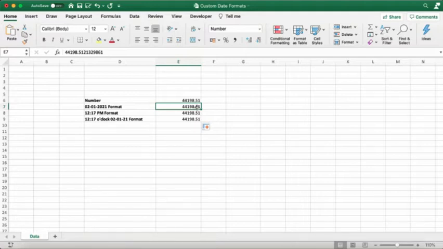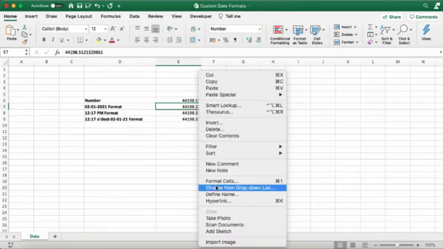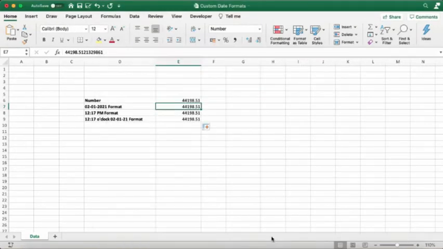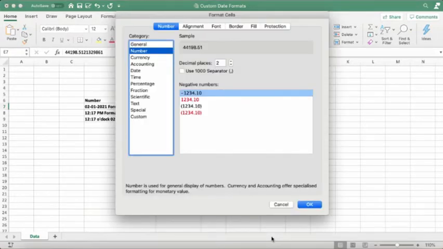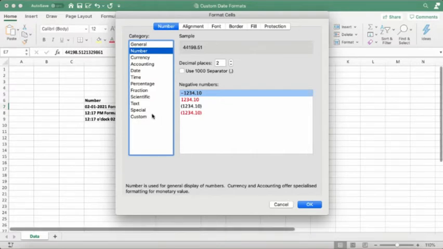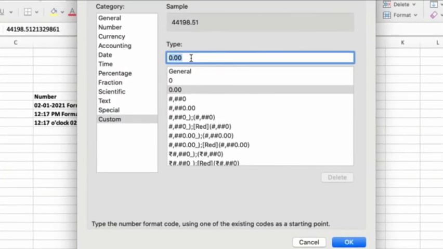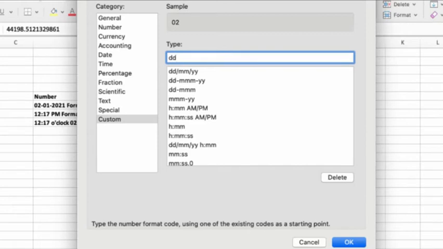For all of these, we can use the custom formats that are available in Excel. I can right click, go to format cells, or I can simply press Ctrl 1. This gives me the format cells dialog box. I can go to custom formats, and in the type, I can type in whatever format I'm looking for. Here I'm looking for 2 digits of date, so I'll give it as DD, then a hyphen, then 2 digits of month, I can give it as MM.